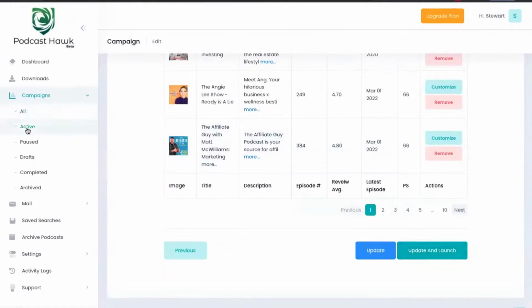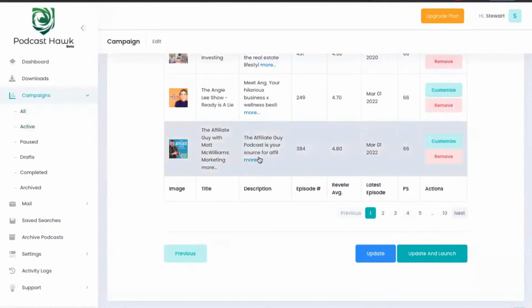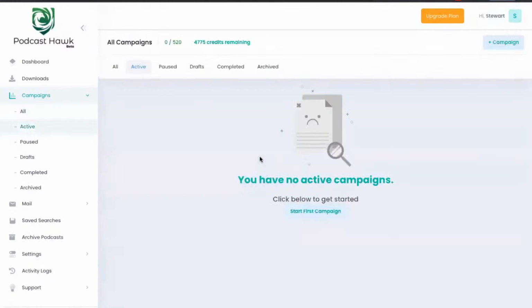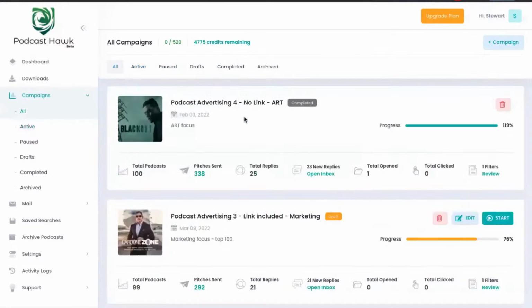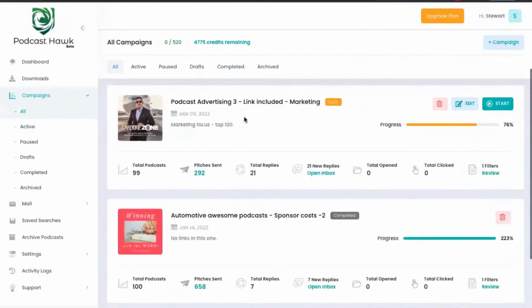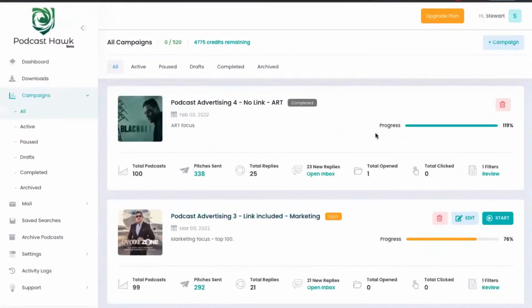and launch. What that means then is it goes into a launch activity. I haven't got any campaigns that are active. It goes into a launch activity, and those campaigns start to get populated, going out, goes to our team who validate and check the host details and run through them and do verifications at that time as the campaigns are running. So we have human beings do that component, but you can see here that the number of podcasts that